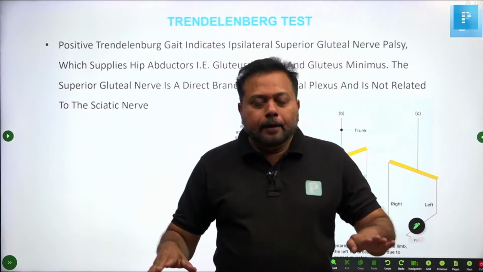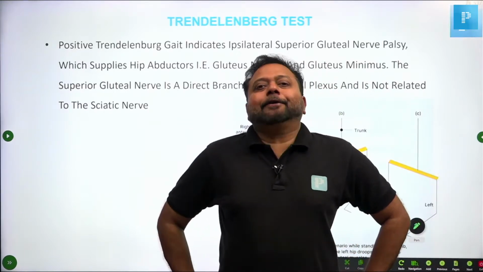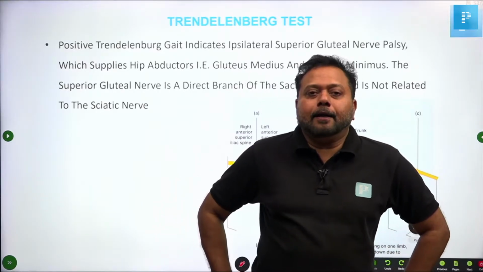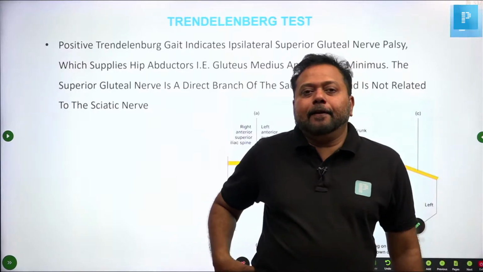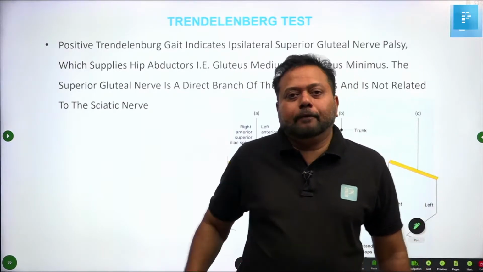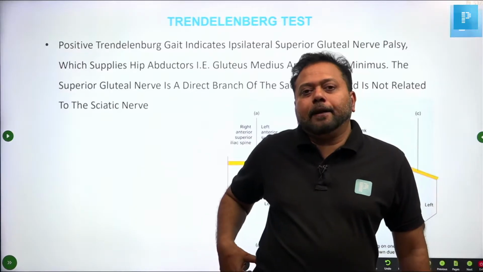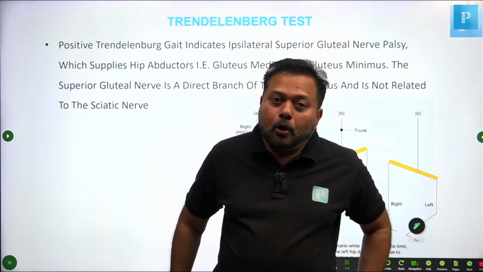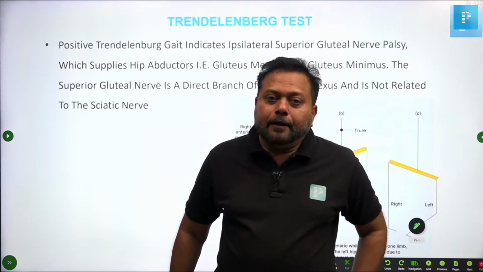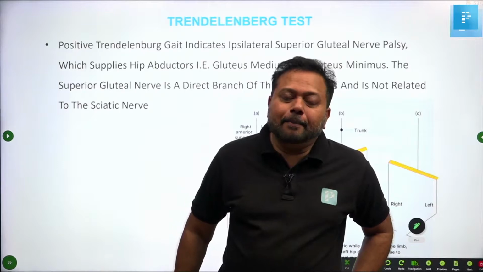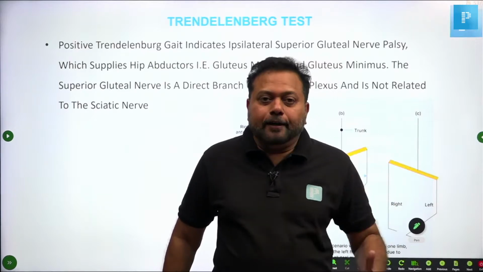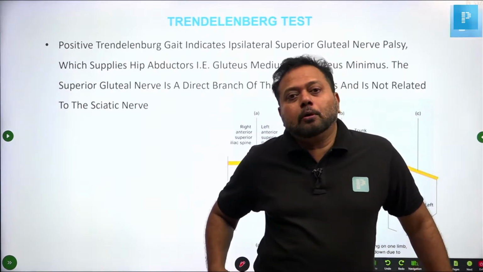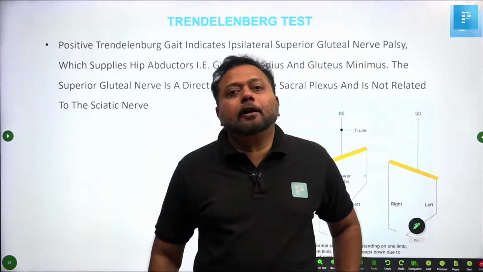Normally speaking, if my hip is healthy, both my abductors, gluteus medius, minimus, everything is healthy. If I stand on one leg, for example, I am standing now on my left leg, the right hip is elevated. Right anterosuperior spine goes up when I flex the right knee. If I am having a failure of the affected side, for example, the left side gluteus medius and minimus is weak because of superior gluteal nerve palsy, when I stand on the left side, the right ASIS won't go up, it will sag down. That is called Trendelenburg sign.